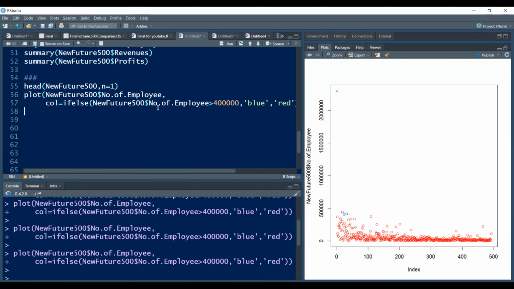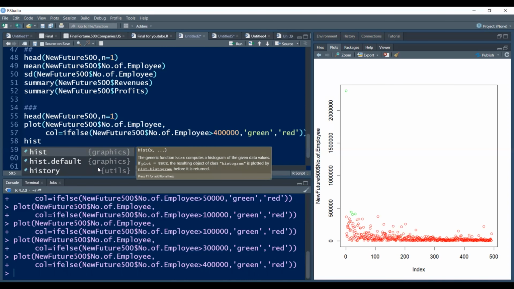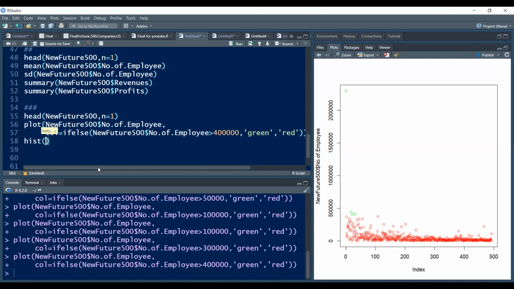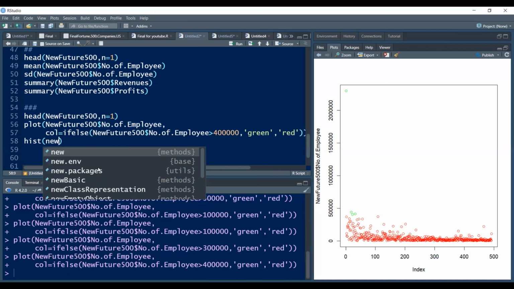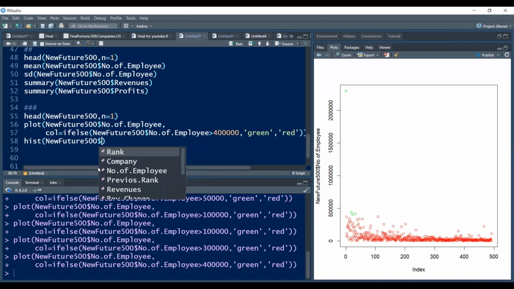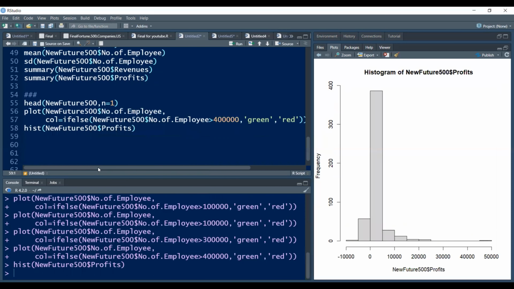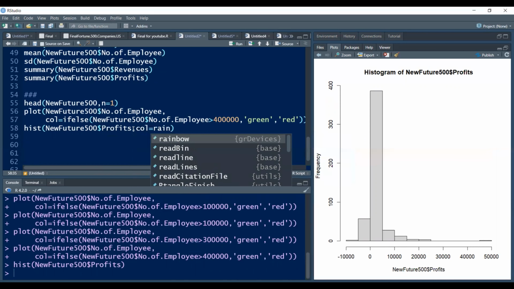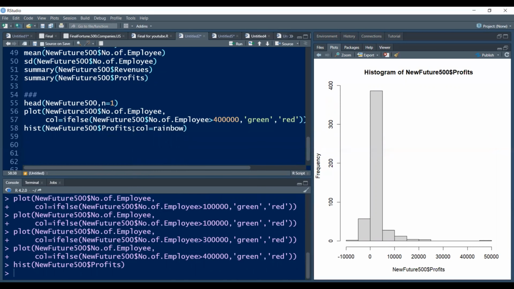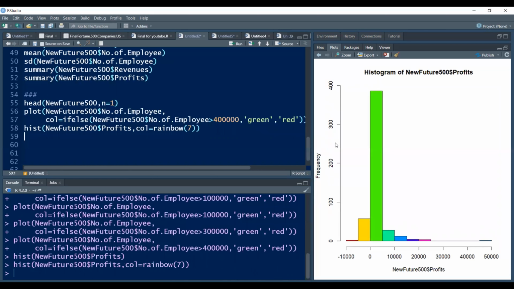Now next we will plot a histogram of profit. To create a histogram, we have to write hist of new future 500 profits, and we can get this bar plot. But the problem is that there is only a gray color. What we will do, we will make a separate color for each bar. So we will use this rainbow function and give me 7 colors in the rainbow,